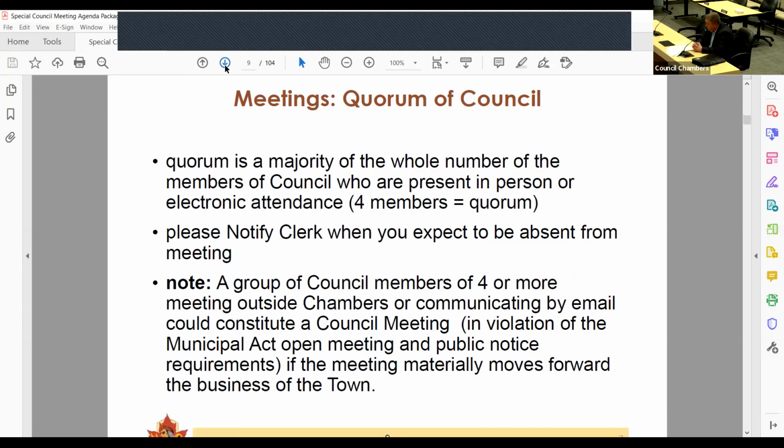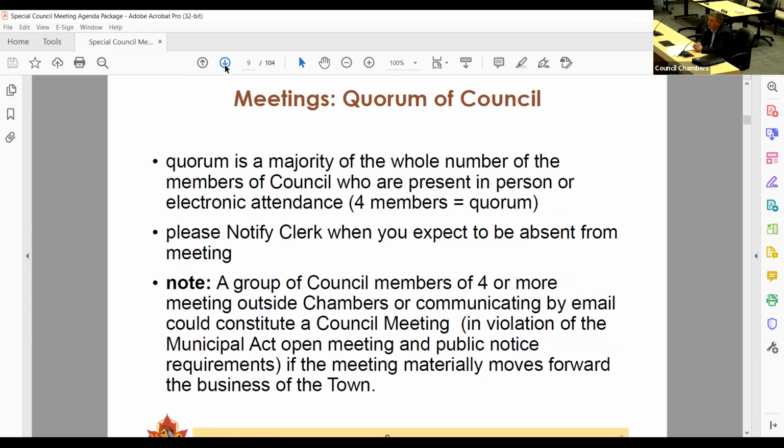Quorum is a majority of the whole number of the members who are present in person or at electronic meetings, and so that brings you to 4 members. An advisory note, certainly for all councils, is that a group of council members of 4 or more